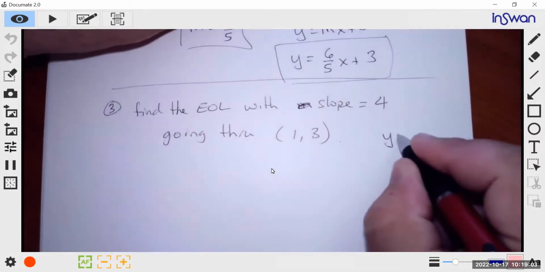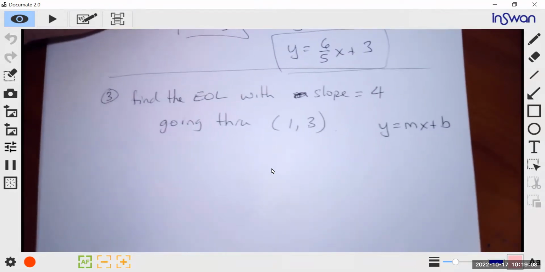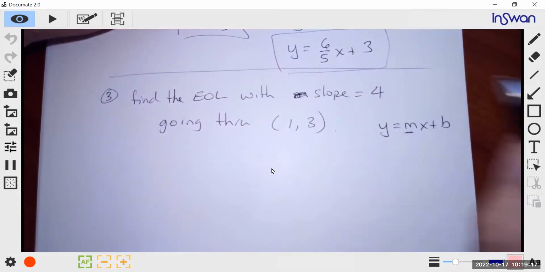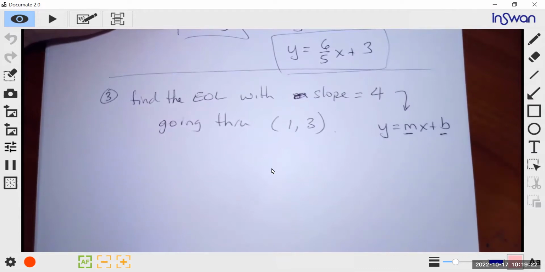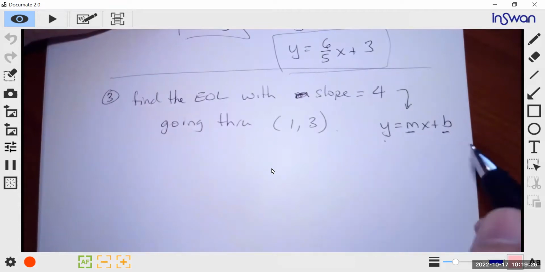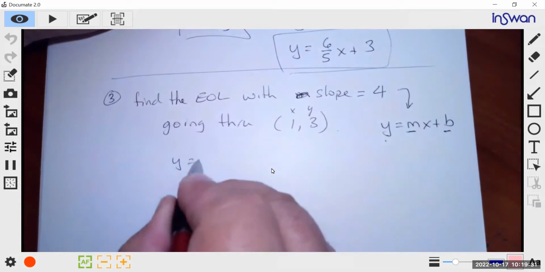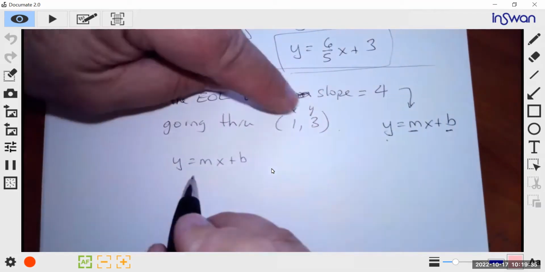I want it in this form. So what are we missing in this equation to find that final answer? Do we have m? Yeah, that's the 4. Do we have b? No. Do we have an x and a y? Right here, x and y. So why don't we just plug them in there and solve for b? So the y is 3,